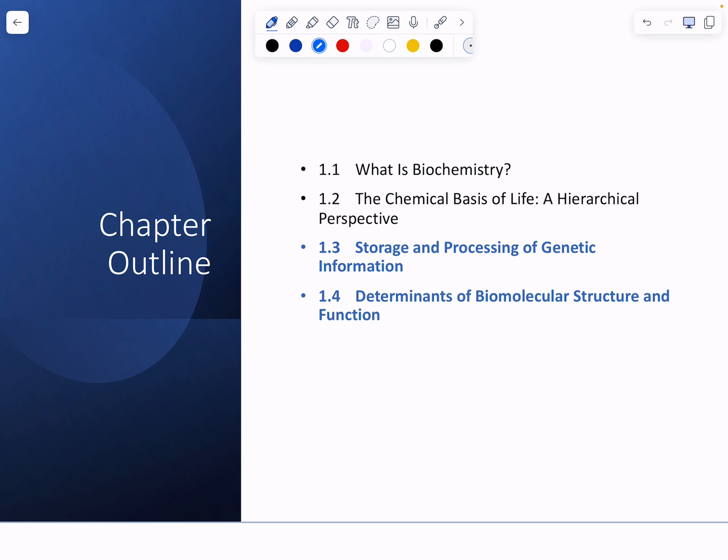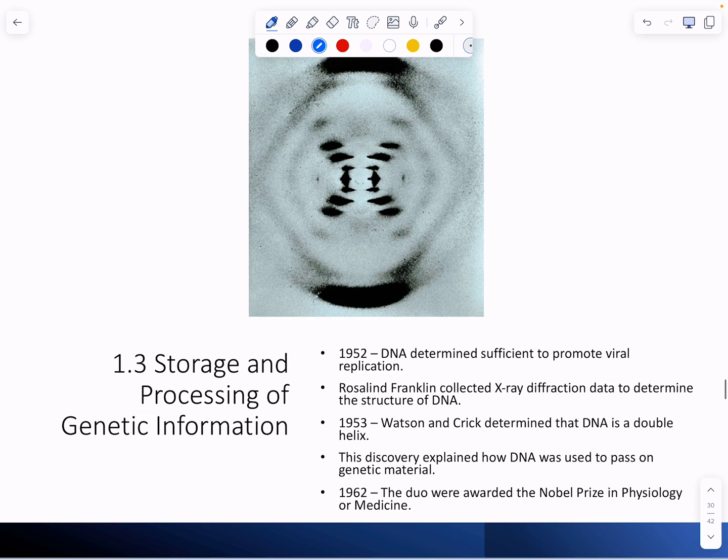But all of our cellular functions are going to be derived from the information that's in the DNA. And just to give you a little bit of perspective of historically, how long we've understood what drives and directs all of the molecular interactions in a cell,